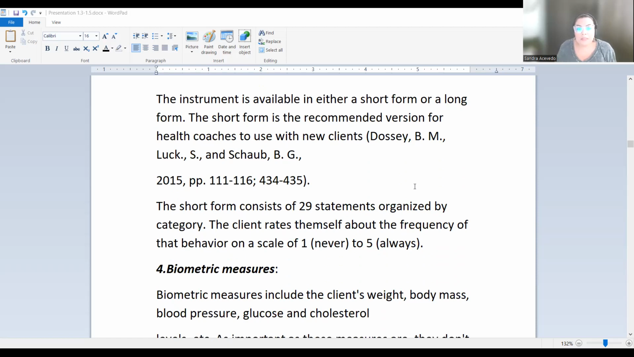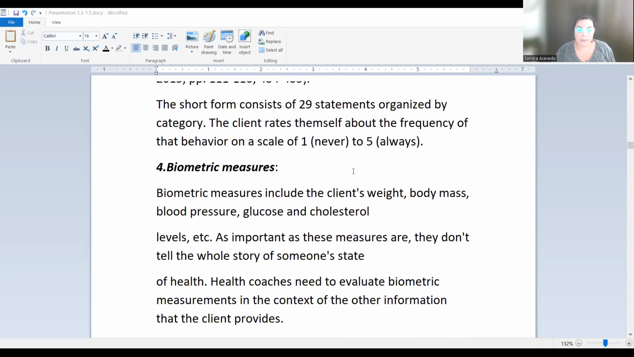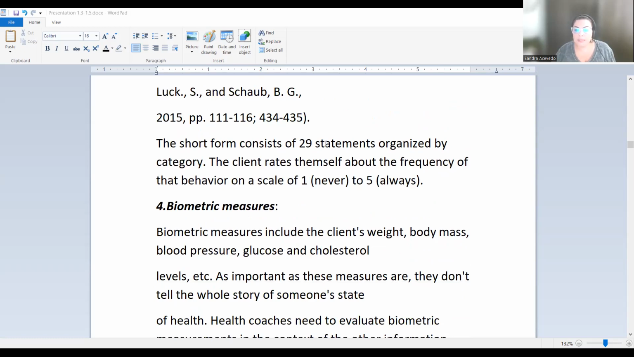The instrument is available in either a short form or long form. The short form is the recommended version for the health coaches to use with new clients. The short form consists of 29 statements organized by category. The client rates themselves on the frequency of that behavior on a scale of 1, which means never, to 5,